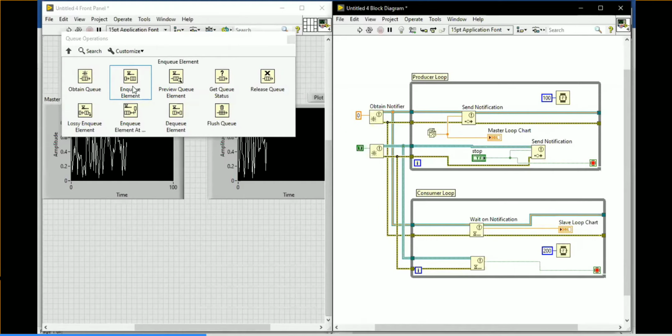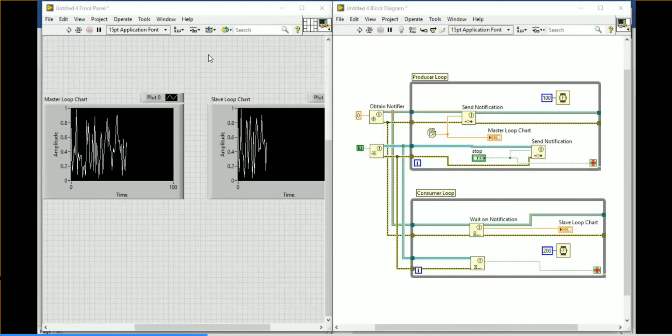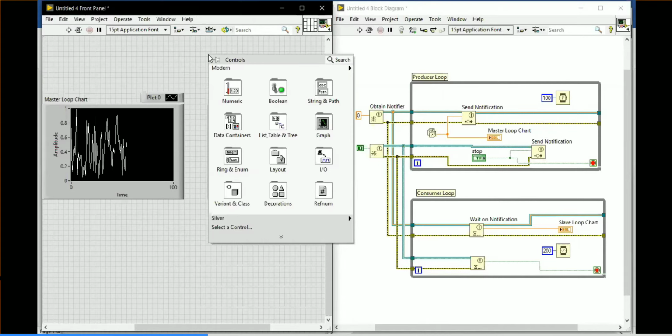Okay, are you aware of the terms NQ element and DQ element? Do you have any idea about NQ element, DQ element? What is the purpose of the NQ element? What is the purpose of the DQ element? NQ element means adding an element to the queue, or inserting an element in the queue. DQ element means you are going to remove or delete the element over there. Okay, that is the NQ element and DQ element.